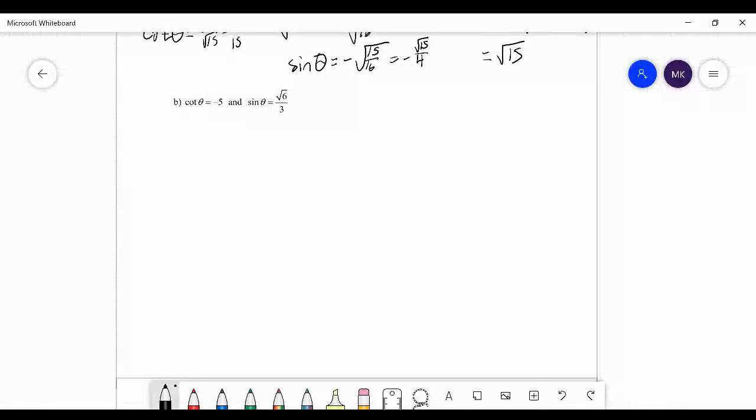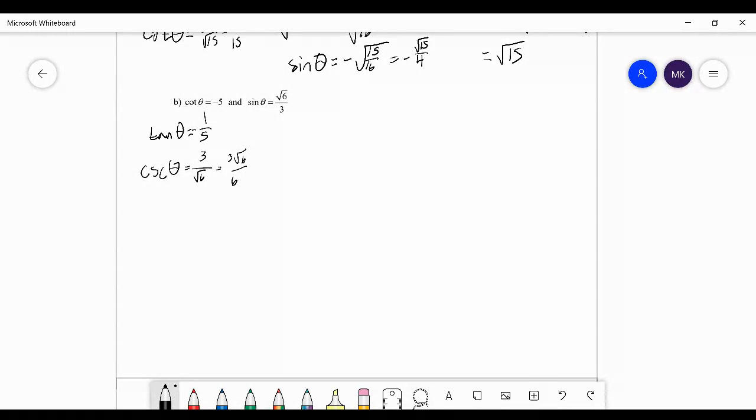We know that cotangent of theta is negative 5, and we know that sine of theta is root 6 over 3. Well, that's really cool. We've got 2 of the 6 functions already. Using the reciprocal identities, we can get 2 more. So if cotangent of theta is negative 5, then tangent of theta is negative 1/5. And if sine of theta is root 6 over 3, cosecant of theta is 3 over root 6, or 3 root 6 over 6,